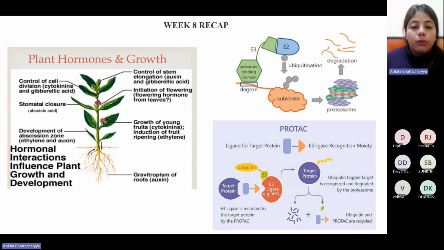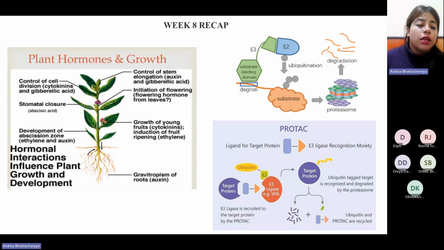When we talk about plant hormones, there are majorly five groups or five major types of hormones that are observed. The first is auxin, which, while it has multiple roles, is majorly credited with the gravitropism of roots. Tropism basically means the tendency to localize or to move towards something. When we say gravitropism, it basically means moving towards the earth or down into the earth. So that gravitropism is usually observed as a consequence of auxin.